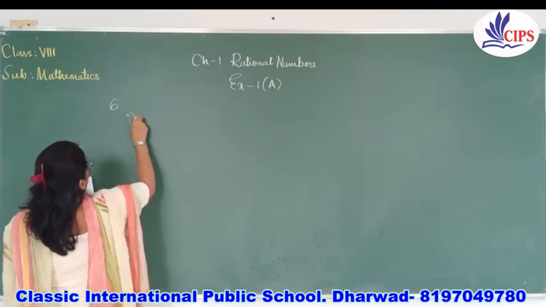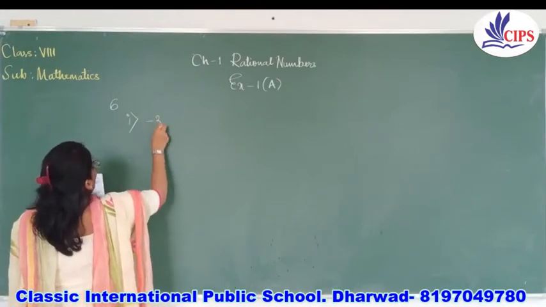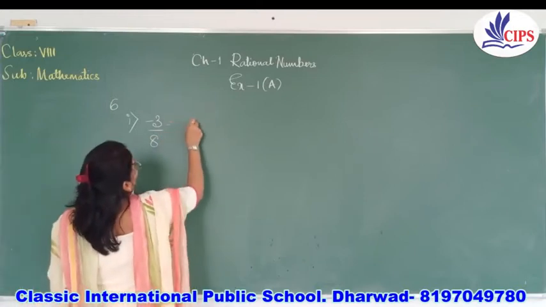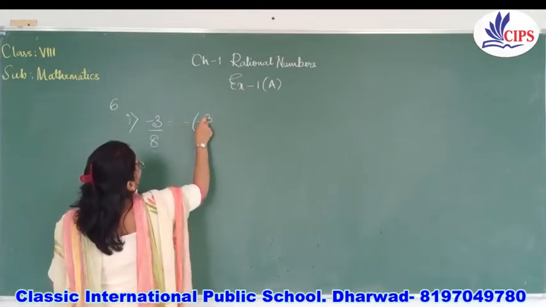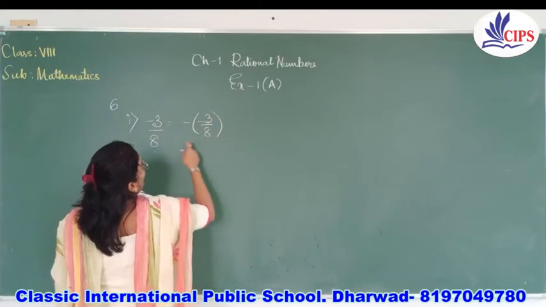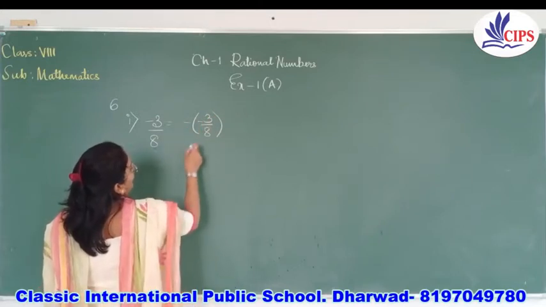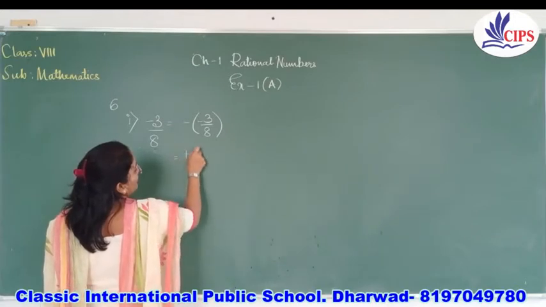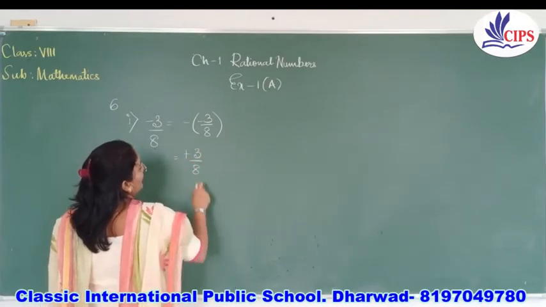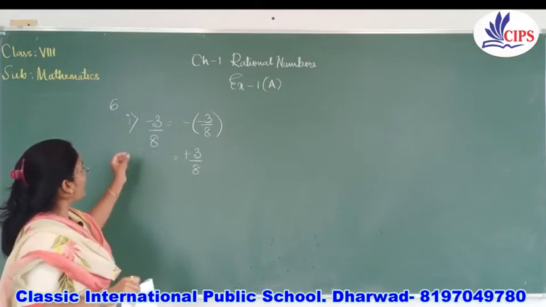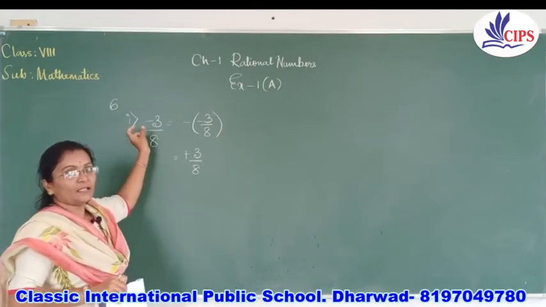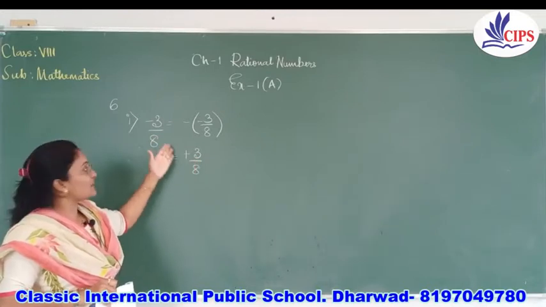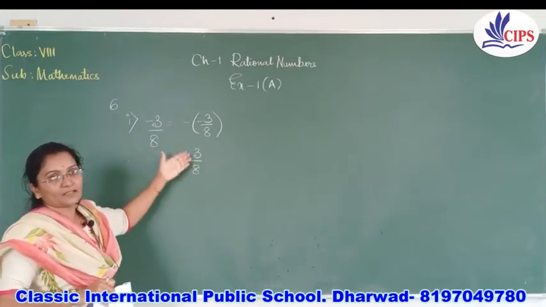So sixth main, first one, it's minus 3 by 8. So negative of a rational number. So what we'll do? Negative of the given number. So we'll write it like this. Minus of minus 3 by 8. So as we know, we have to multiply the signs. Minus into minus becomes plus. So it becomes plus 3 by 8. So keep one thing in mind, whenever you have got a negative sign and they have asked you to write the additive inverse, the answer will be that same number itself, but the sign will be opposite. When you have got minus, it becomes plus.